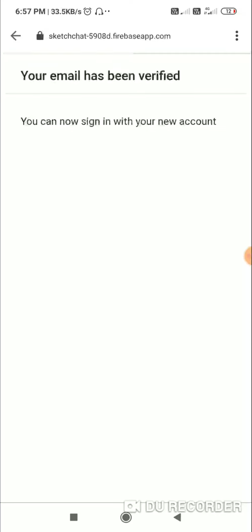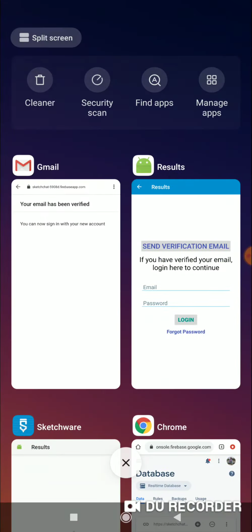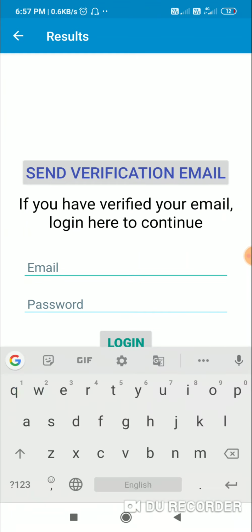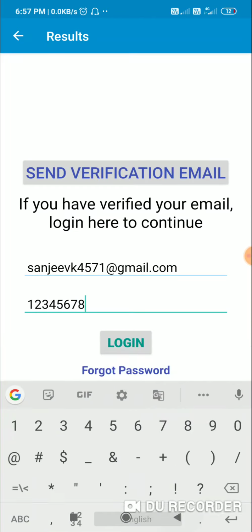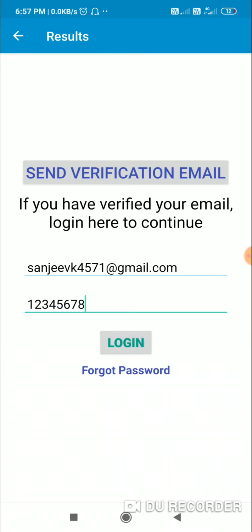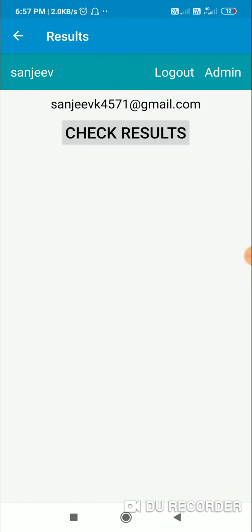Your email has been verified. So after this I can sign in. So now I will enter my email and my password and log in. Okay, now I have successfully logged in. It displays my name and my email address.